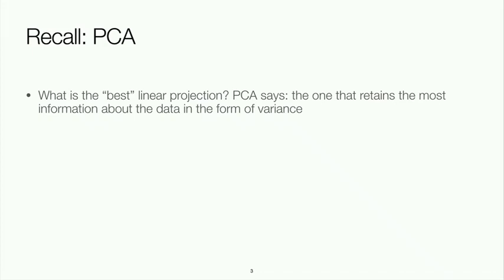Well, there's a whole bunch of different ways that we can define best, or just good. PCA in particular specified that the linear projection that's best is the one that retains the most information about the data in the form of variance. So after we project down from d dimensions to k dimensions, we should have preserved as much variance in the data as possible. You can think about that as the data being as spread out as possible